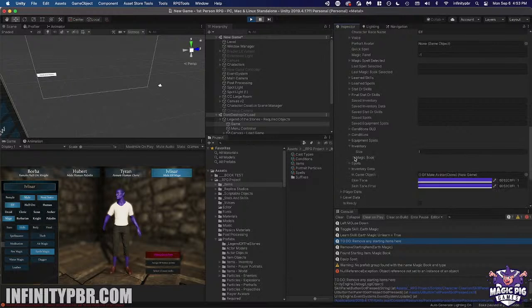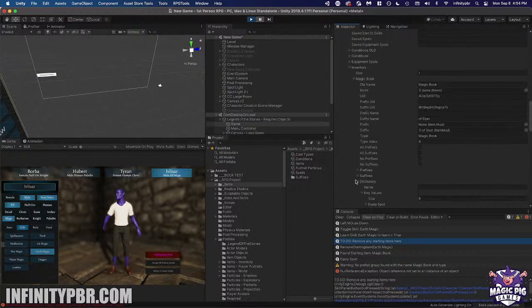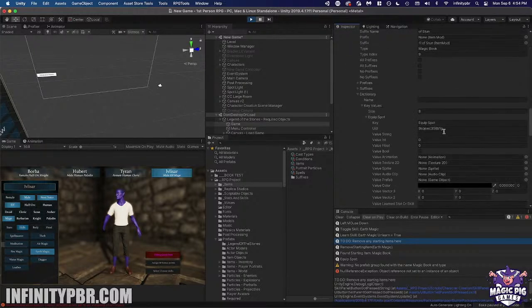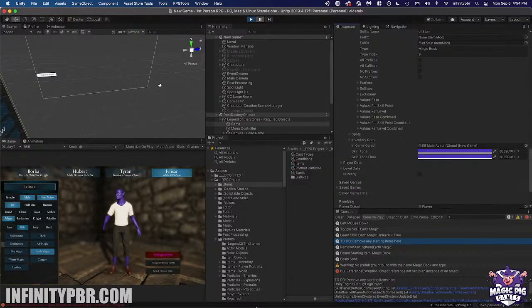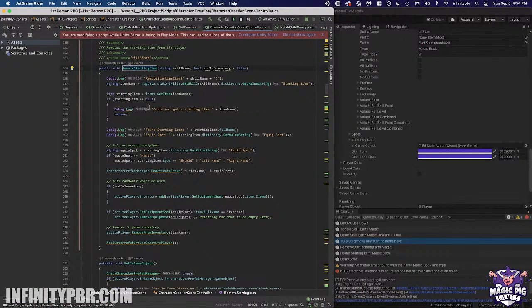This is what we need to remove, but it's not equipped, it's in our inventory. And there's no equip spot. Value string is empty. So, interesting that this code is causing an error now when it didn't cause an error before. Or maybe it didn't, I just never actually unequipped one of these. So I guess what we really need to say, if there is no equip spot, then we don't need to